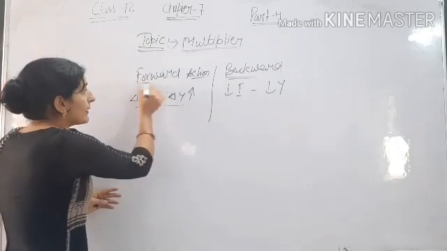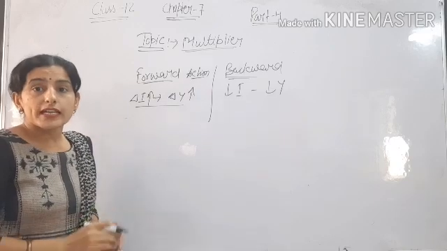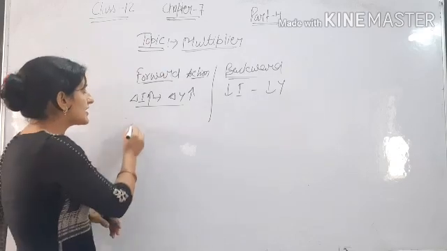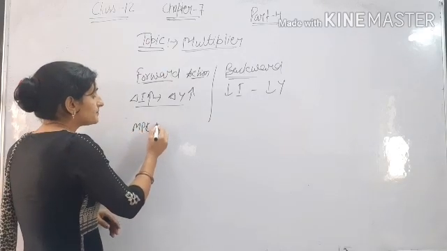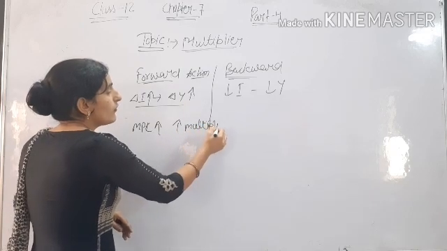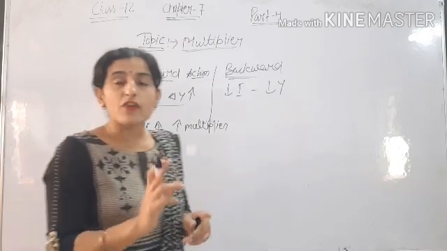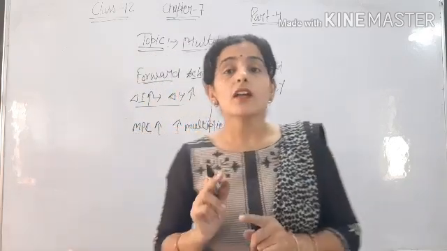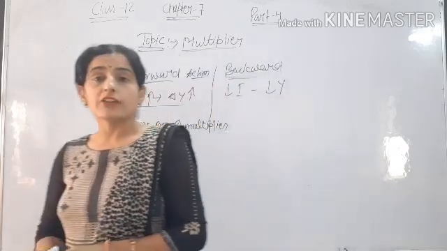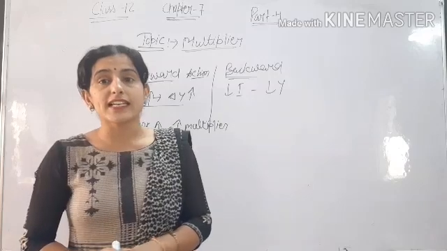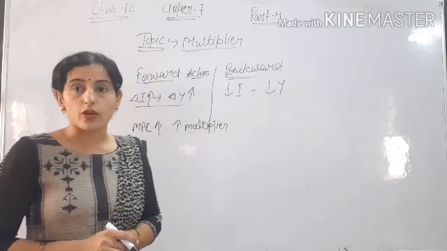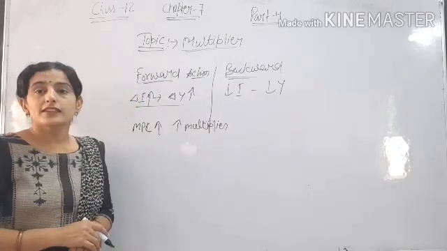And if the multiplier is working in forward action, it means there is more consumption in the economy. The MPC value is higher. Higher MPC means higher multiplier. So the multiplier is working in forward action. So the multiplier works in both directions. Depending on whether there is more consumption or investment in the economy, there is forward action. If there is more saving in the economy, then there is a decrease in income in the economy. So it works in both directions.